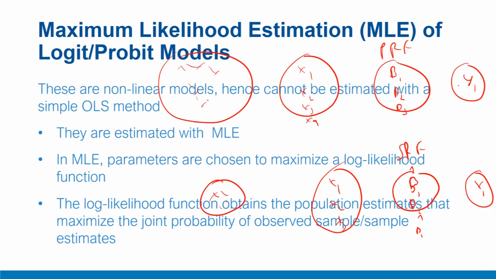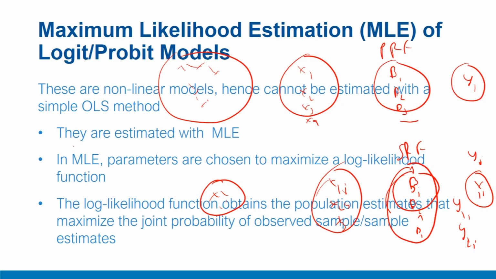Now please remember, for each observation yi which is part of our sample, a set of parameter estimates may be there. We do not have the population parameters, we have sample estimates, and for each observation a set of estimates may be used. For example, y1i, y2i are different observations of yi which map from the observations x1i, x2i, and so on, where a certain set of parameter estimates may be more likely.